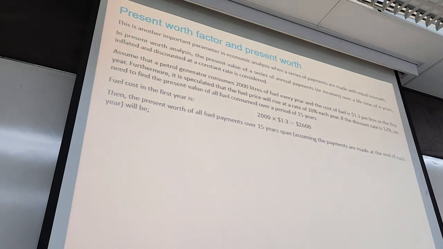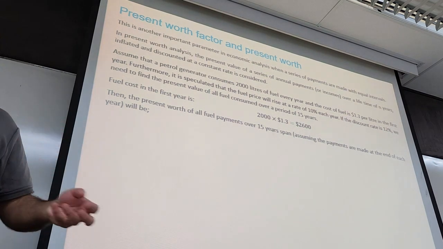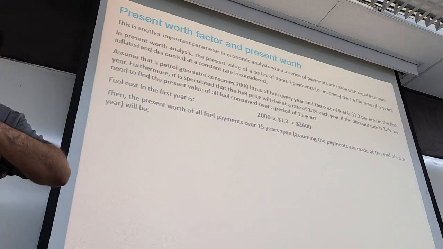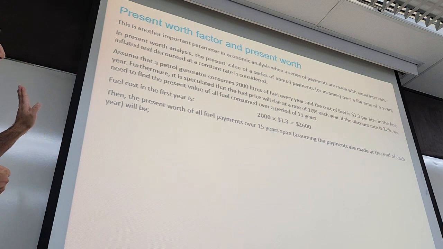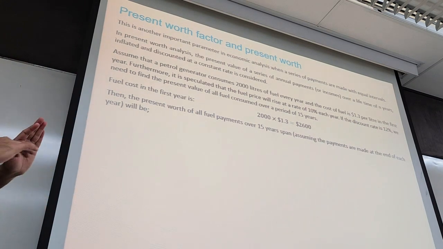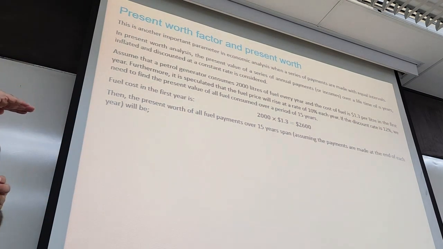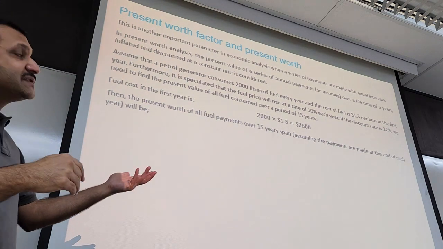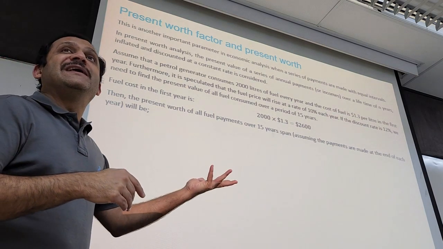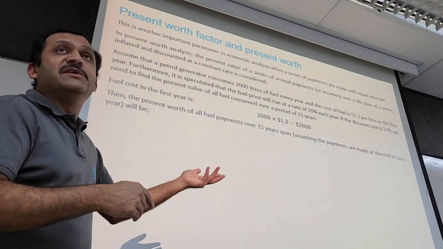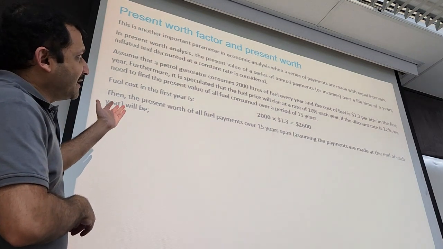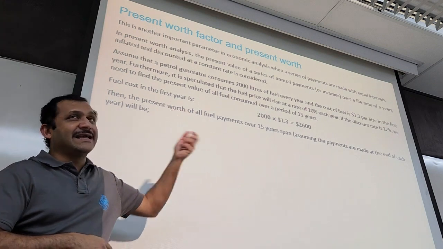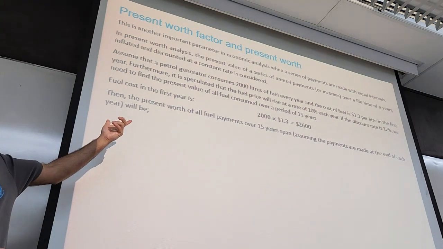Okay, in the real world, it will start degrading. It will need more fuel to produce the same amount of electricity. But let's try to simplify to understand the concept of economics. So that's 2,000 liters every year it will consume. The cost of fuel will continuously increase every year by 10%, and the discount rate, or the interest, will be 12% every year, constant. Okay. What we need to estimate is the total amount of fuel that this generator consumes, the value of the total amount, present value